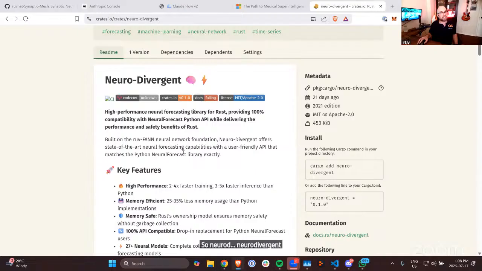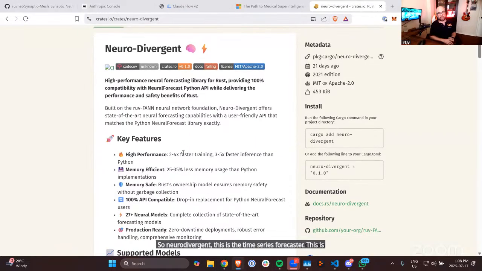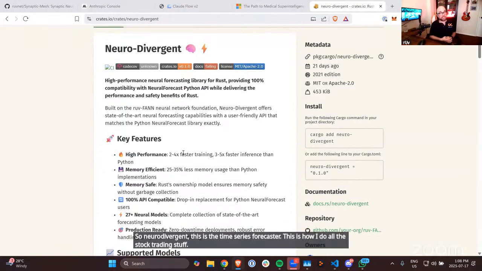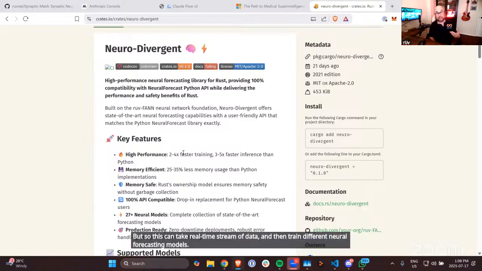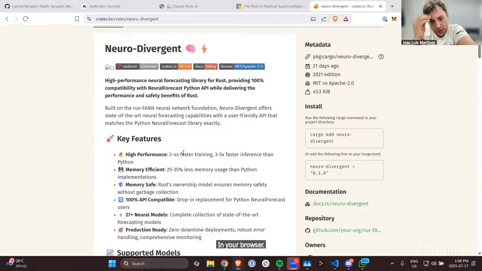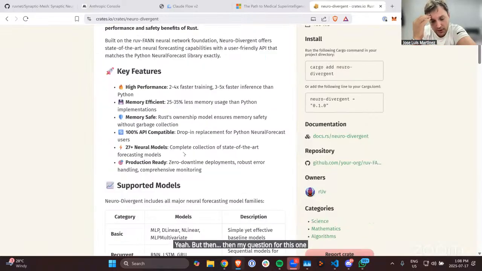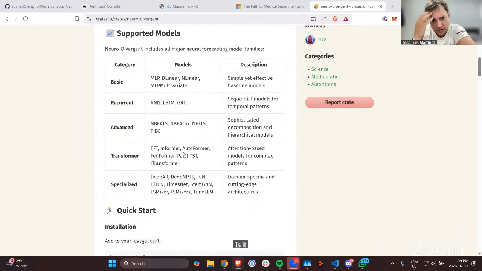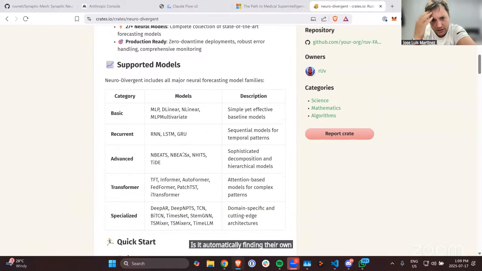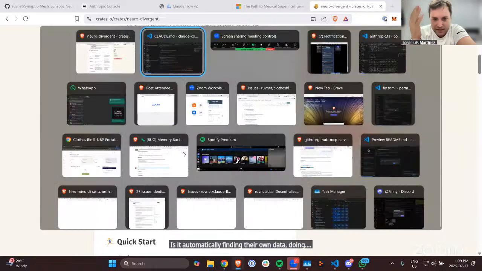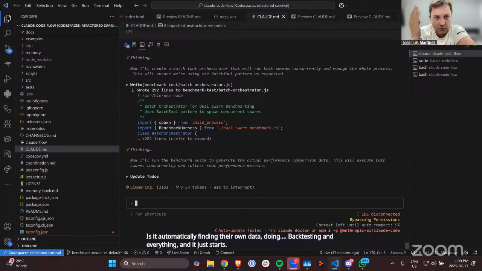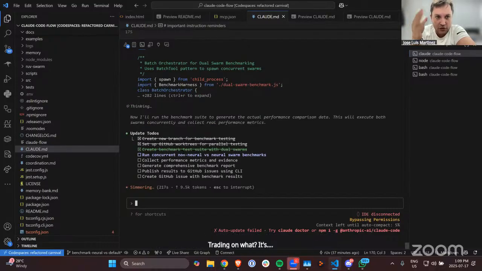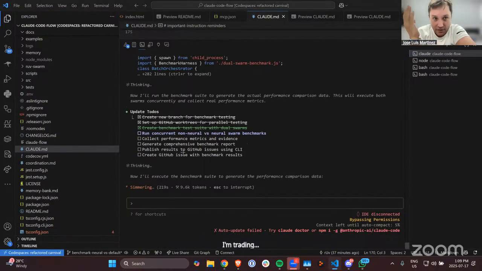So neurodivergent, this is the time series forecaster. This is how I do all the stock trading stuff. But this can take a real-time stream of data and then train different neural forecasting models in your browser. Yeah. But then my question for this one was, is it automatically finding its own data, doing backtesting and everything, and it just starts trading? Is it automatically picking up data, or